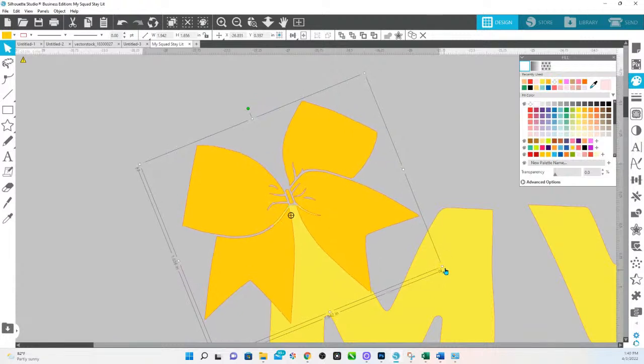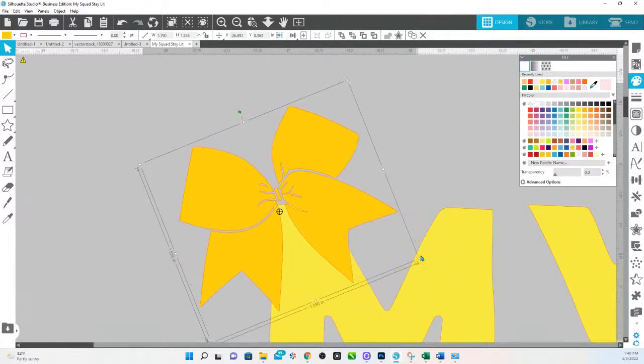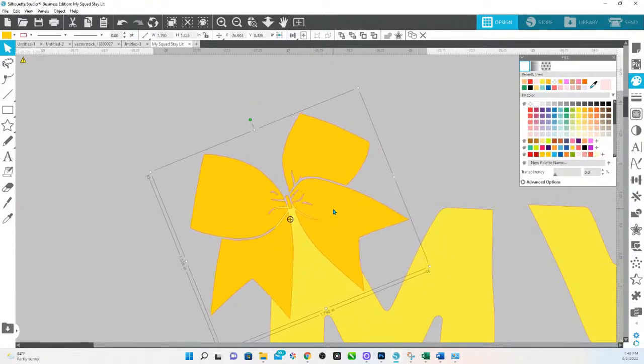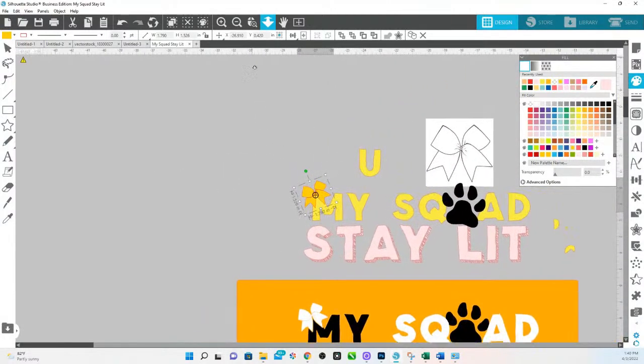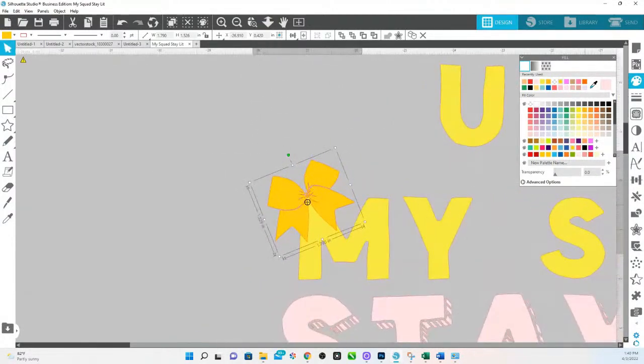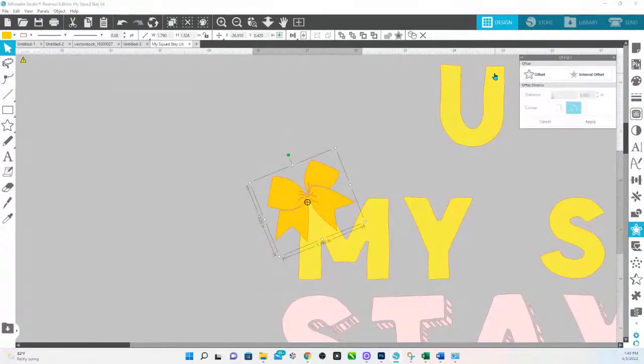All right, I'm going to make it a little bit smaller, get it exactly the size I want and where I want it at. All right, so let's say it was there. And now I'm going to put my own offset on this. I'm going to go here to this icon, go to offset,